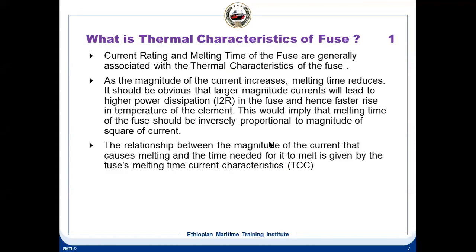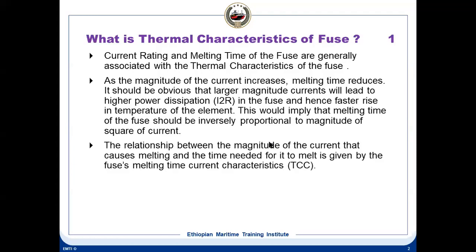You see, fuses are characterized by thermal and interrupting characteristics. There are two characteristics. One is the thermal characteristic, and the other one is the interrupting characteristic. The thermal characteristic relates to the current rating and the melting time of the fuse. Okay, current rating and melting time of the fuse are generally associated with the thermal characteristic,